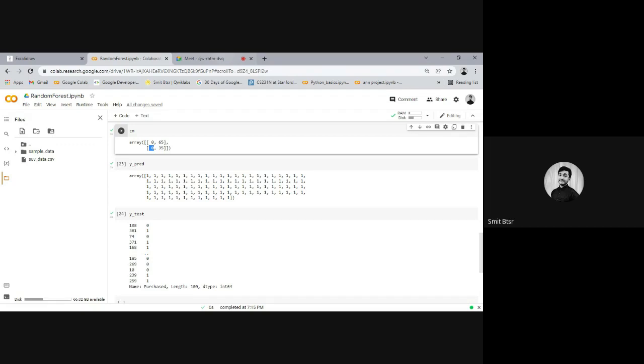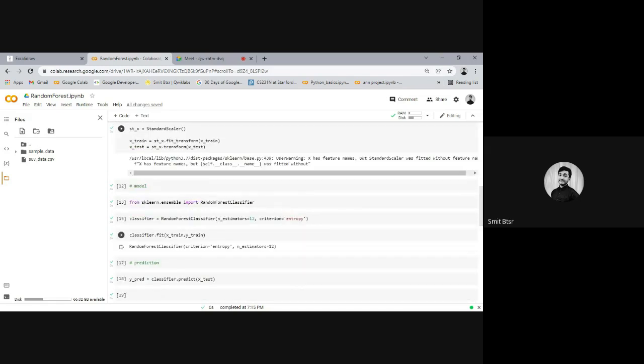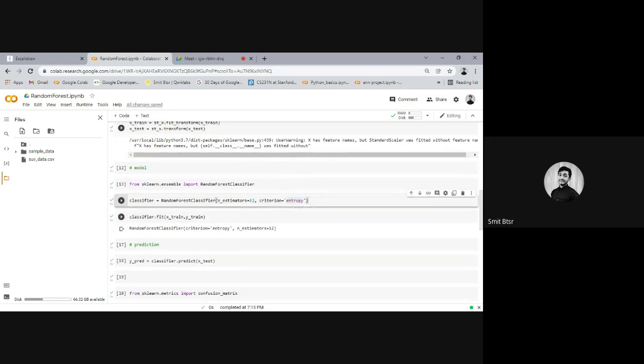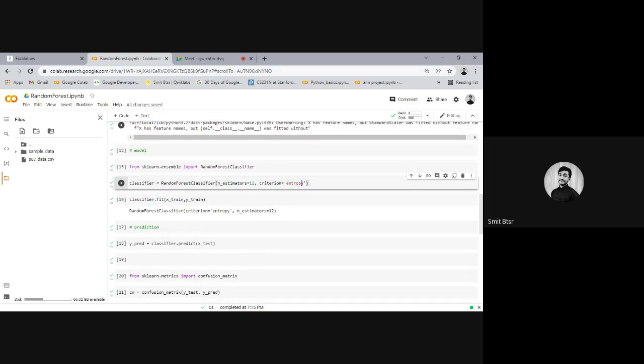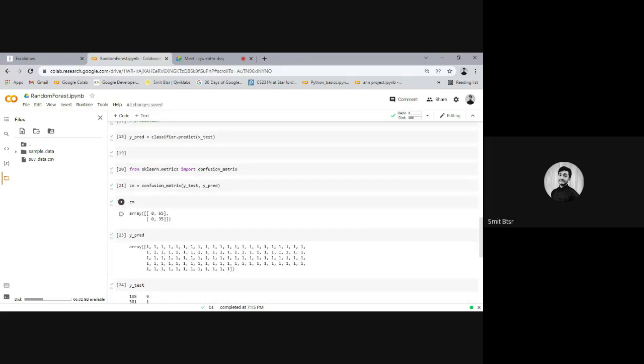The confusion matrix shows 50. You can get different values on the basis of these estimated numbers and entropy. Entropy means random, right? On different computers, the entropy is basically random, so there may be different cases. But how to interpret this is that these are true zeros